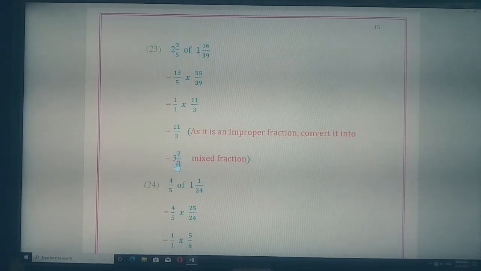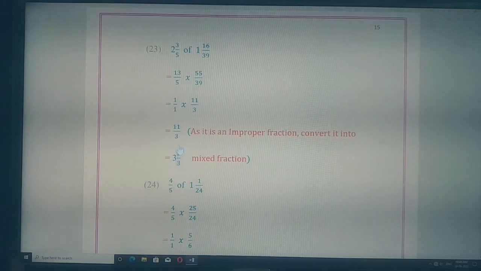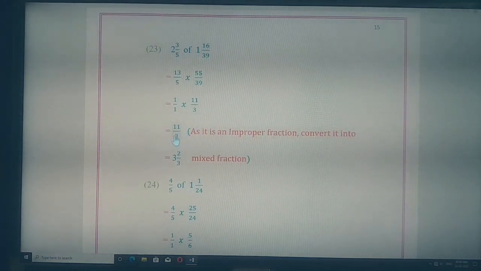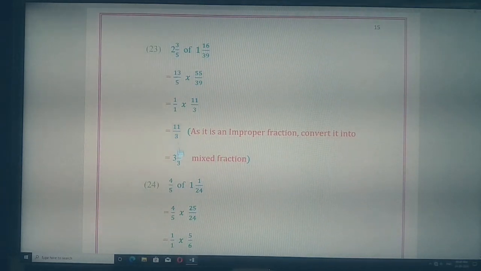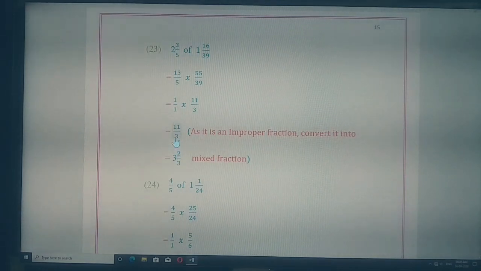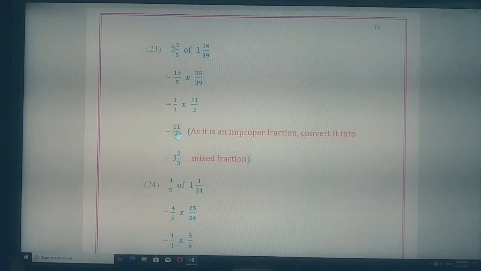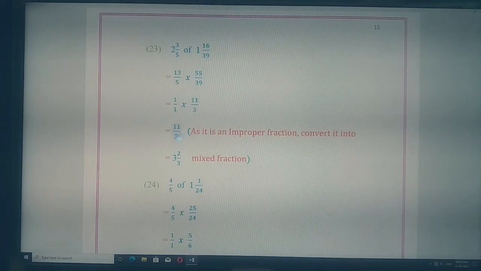In order to convert the improper fraction into a mixed fraction, we have to use the multiply addition rule. Or we can just divide in the rough column and find out the answer. But if it's a small number, we can do it orally also. In the 3's table, 11 should come. The denominator 3 will remain as it is. So 3 I have to copy as it is. 3's table I have to say. 3 ones are 3, 3 2s are 6, 3 3s are 9, 3 4s are 12. 3 4s are 12 I cannot take because 12 is bigger than this number.